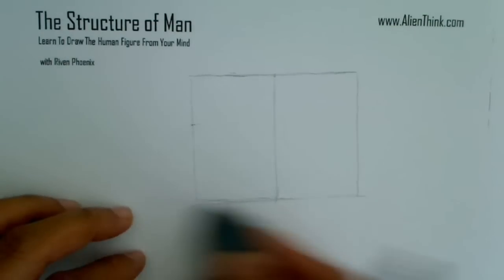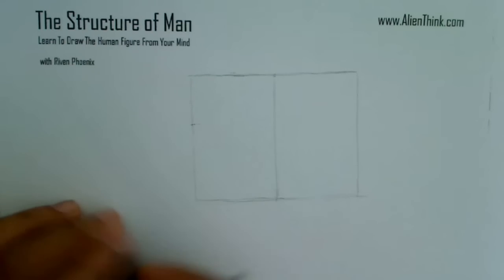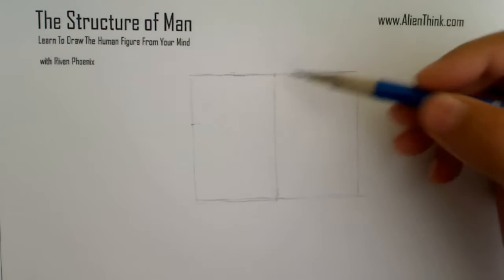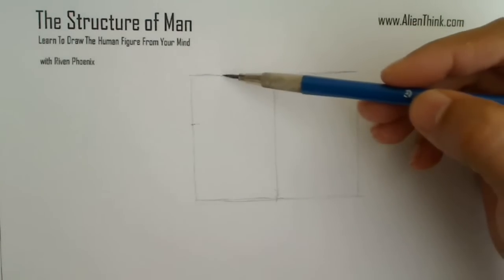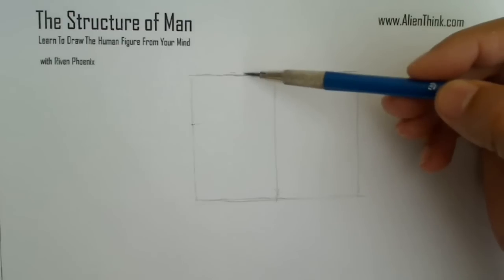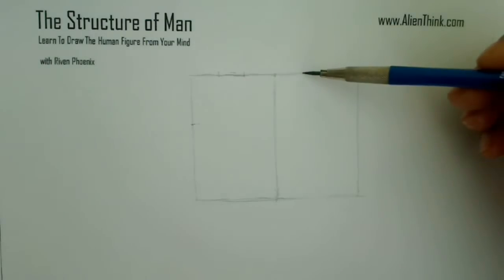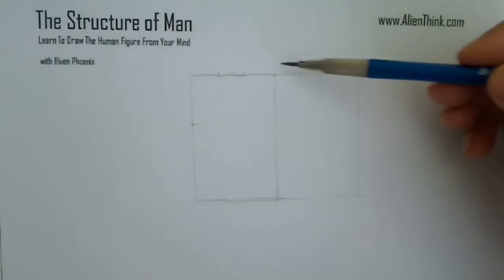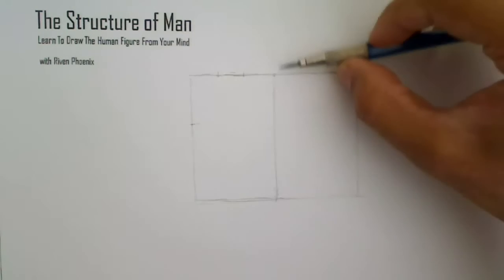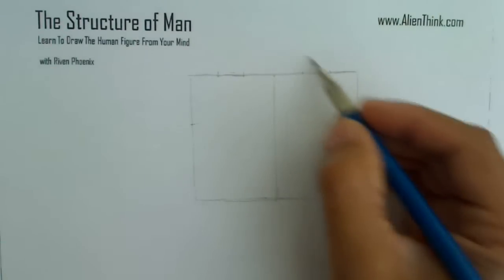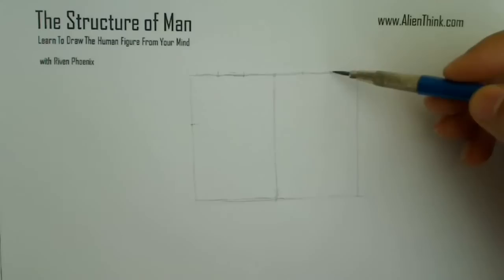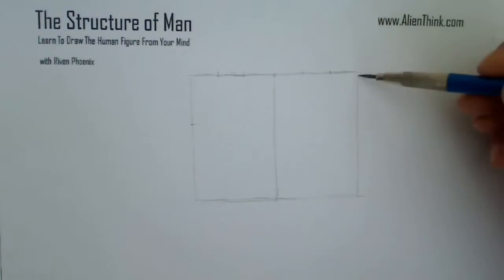So once you get this box, what this box really represents is basically the width of the figure, right? So let's divide this in three different parts. This is going to be the whole head structure over here, right? From here to here, we're just going to state that the head would have been a circle in this, because the chest cavity would have been, we know that we just need to increase the chest cavity.